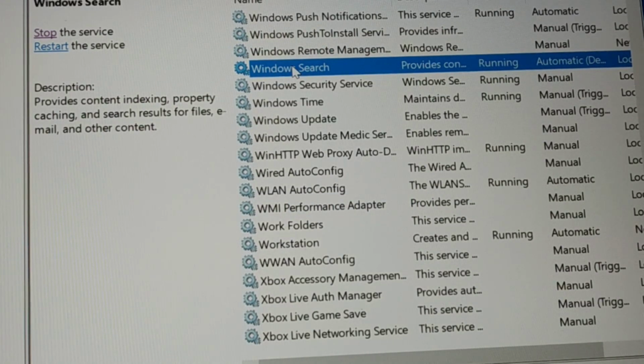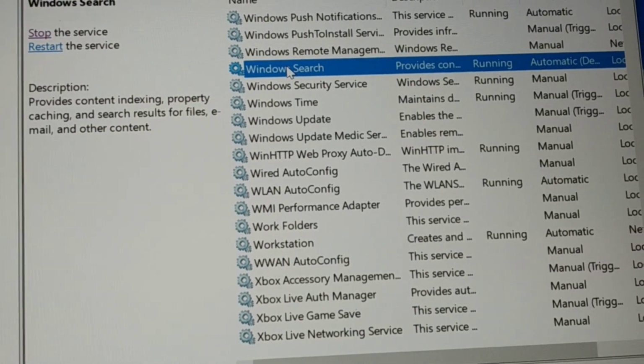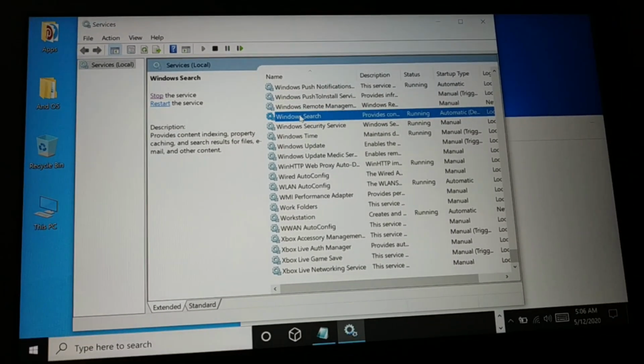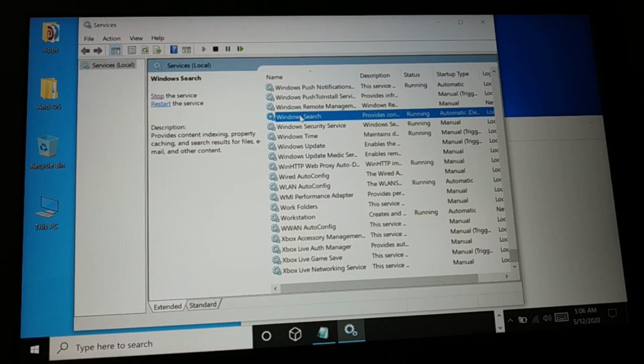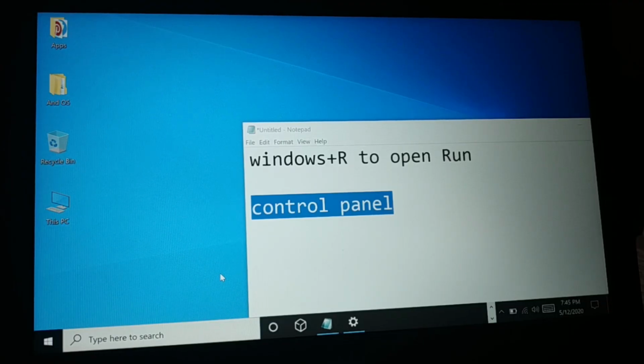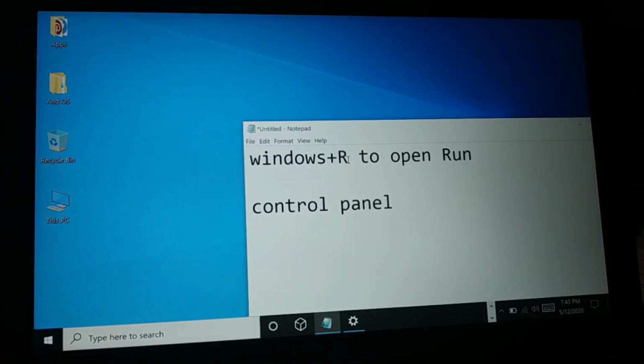Even after this, you can just restart your PC and check out if your search is working fine now. If not working, you can proceed to the next step. Now the next solution you can try, press the Windows key and the R in your keyboard,